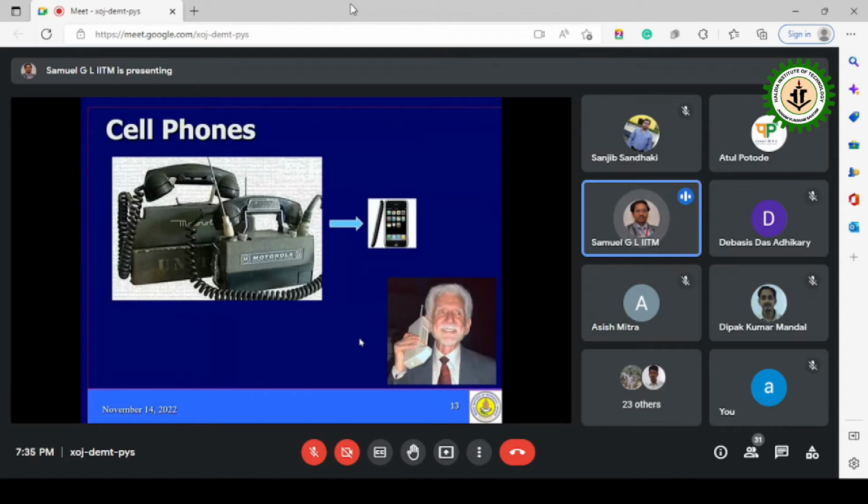And the cell phone is another very important example of miniaturization. This was the Motorola company, which made one of a kind of mobile phones. We can't call them mobile, but the military used to carry them to communicate between the troops. And by the way, do you know who invented this mobile? You can see the picture of the person also. Everyone carries a mobile phone, isn't it? But do you know who is the person who invented it?